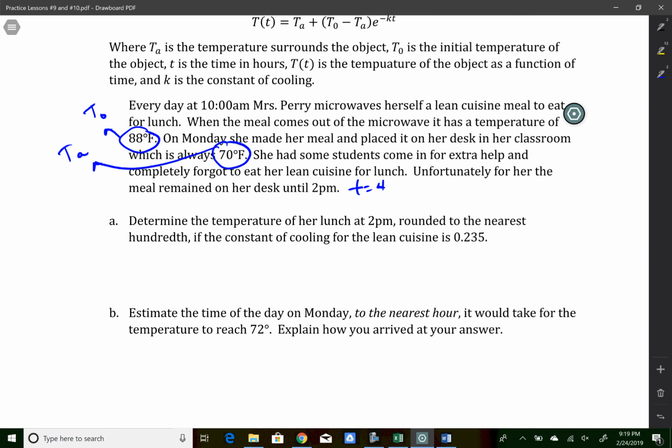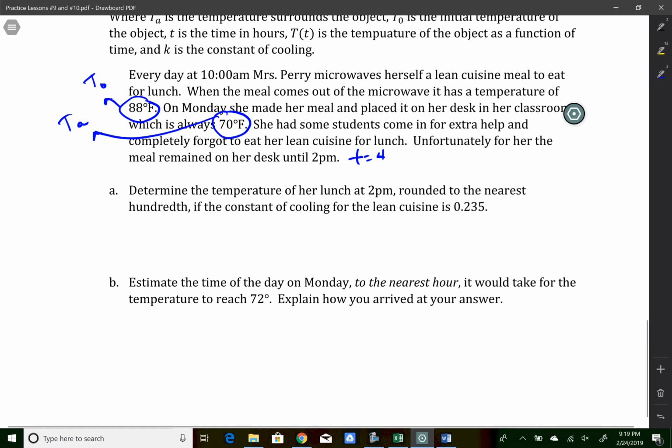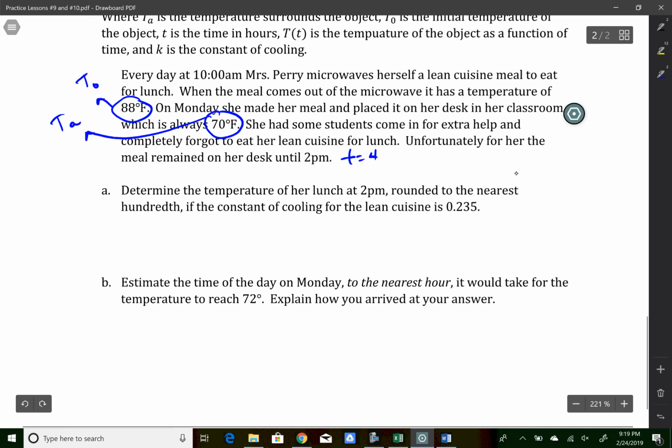And the only missing piece was knowing the constant of cooling. So the constant of cooling for her Lean Cuisine is 0.235. Don't ask me how I figured that out. We did some math, right? So to figure that out, we can now plug in everything. So after 4 hours,